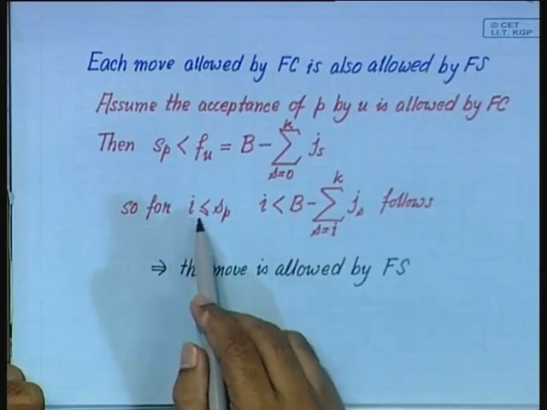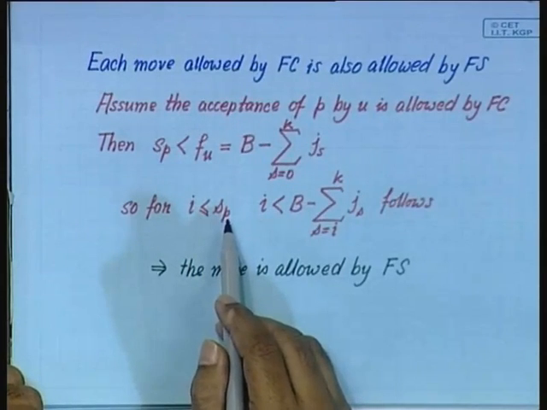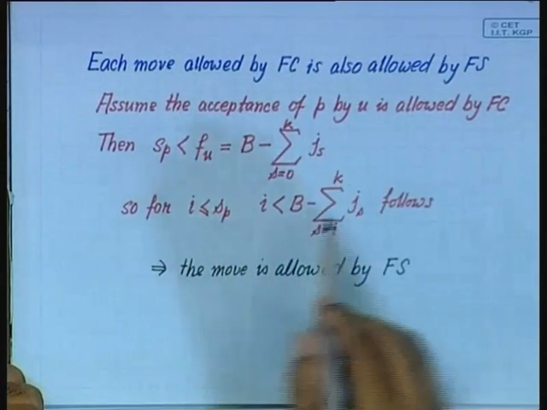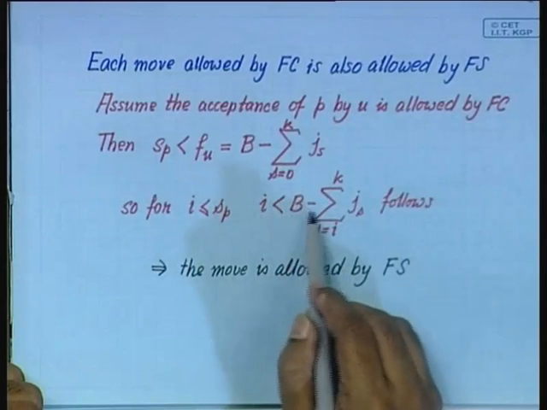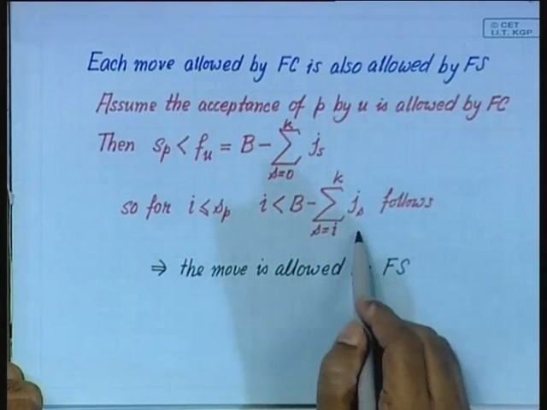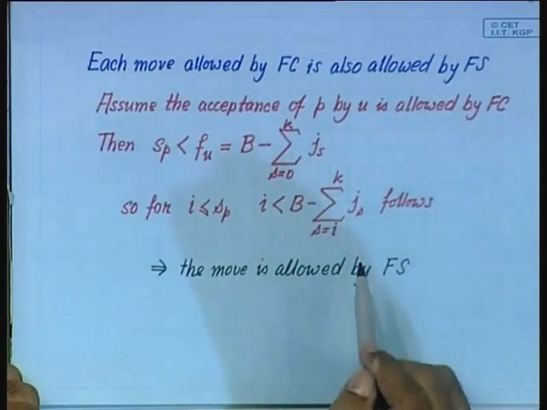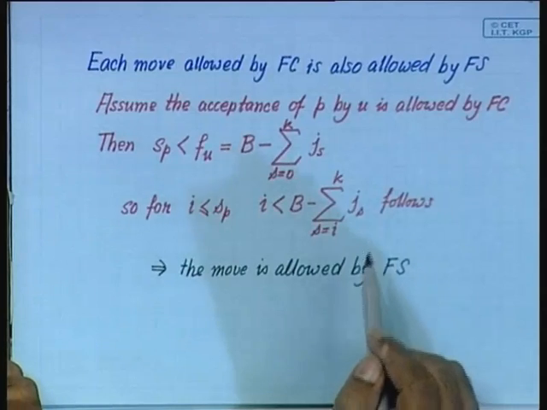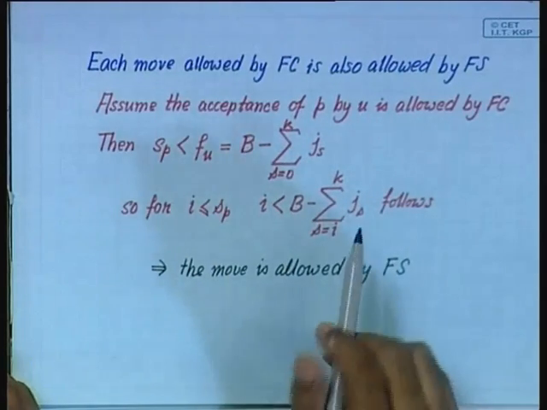That for all I less than or equal to this SP, I must be less than B minus the summation of I to K of Js, right. So, what did we prove here? We proved that